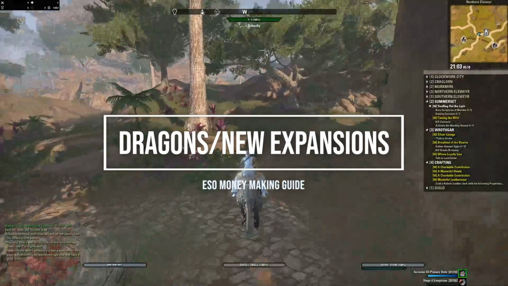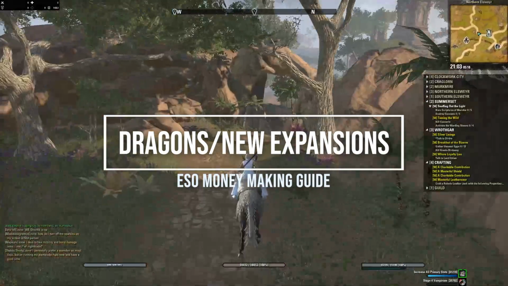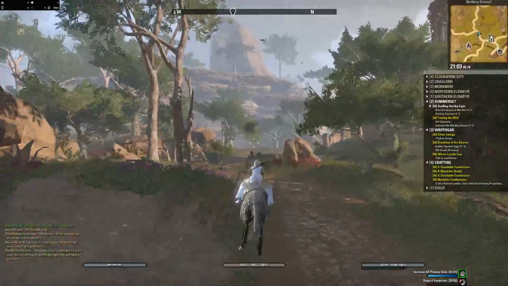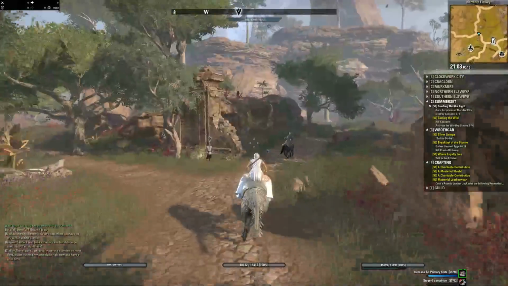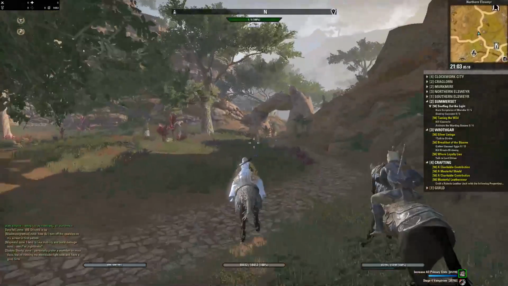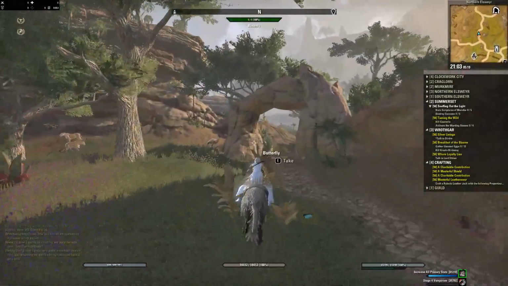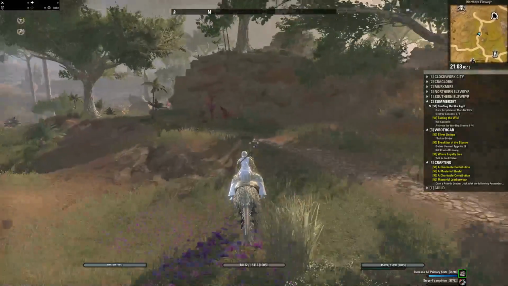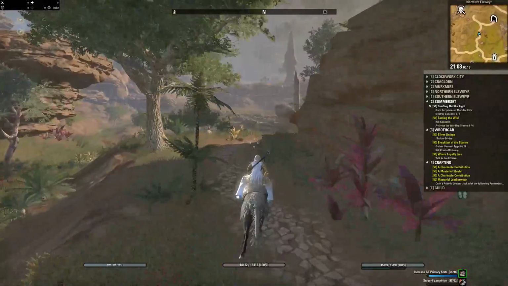This was an amazing method again when Elsewhere was fairly new. So many people were doing dragons, and so purple plans were dropping for housing and selling for like 150 to 200k a plan. These aren't as efficient anymore, but the main reason why I want to mention them now is because I want to reiterate one of the biggest tips I can give you, if you're a new or a veteran player: when a new expansion drops, like Greymoor coming up,